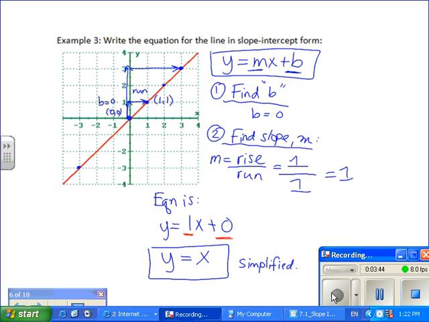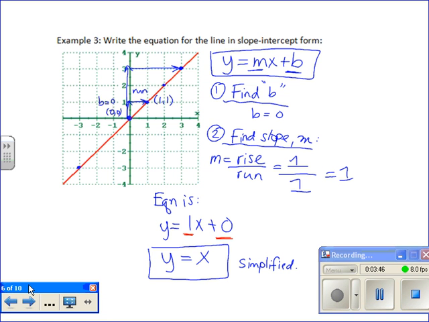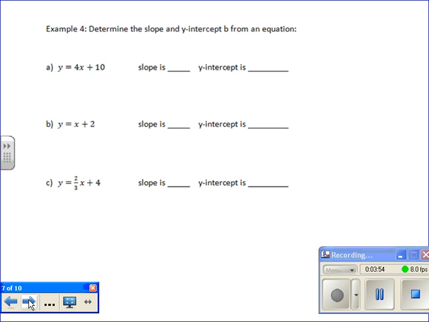Let's go ahead and do that. Let's look at equations and figure out what's my slope and what's my y-intercept from looking at just an equation, not a graph. So example 4, the rest of these examples, we're only given equations. We have to determine the slope, which is m, and determine the y-intercept b from looking at an equation. It's really important that the equation